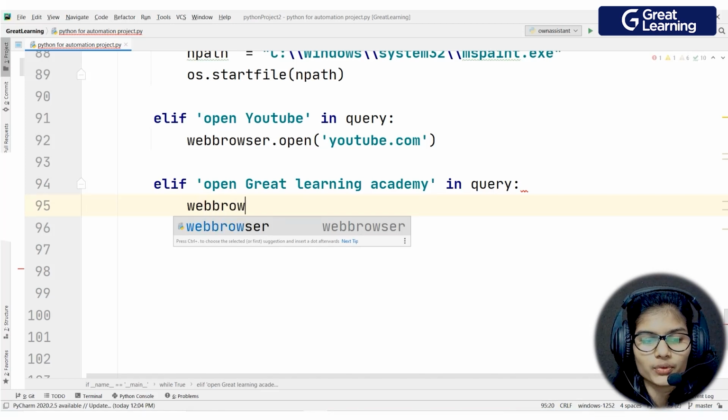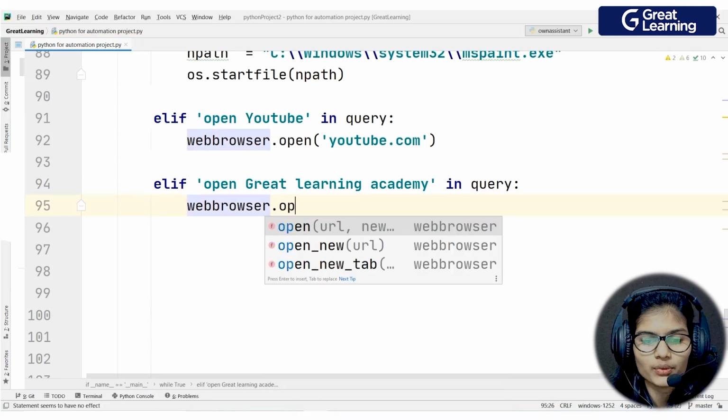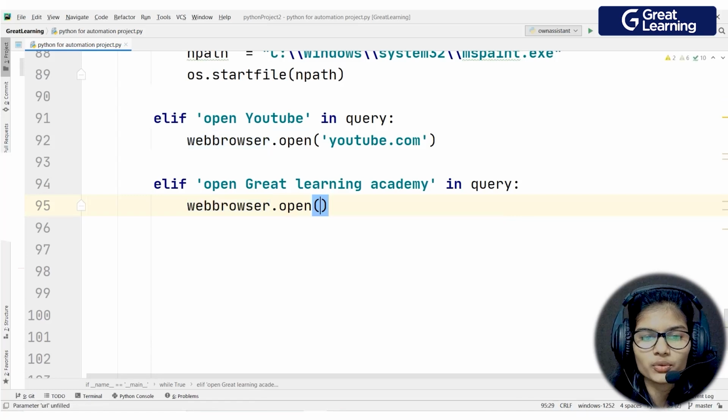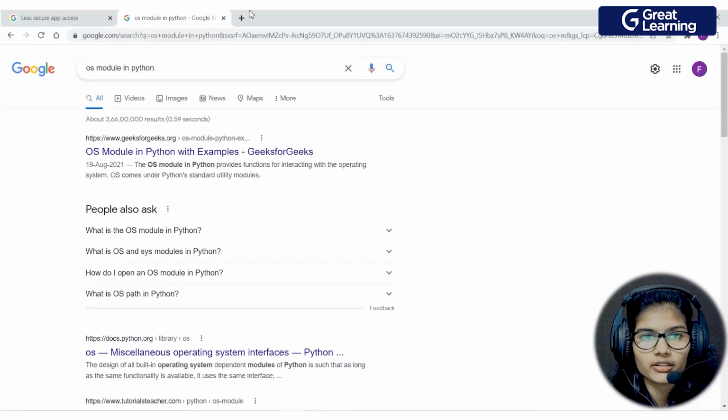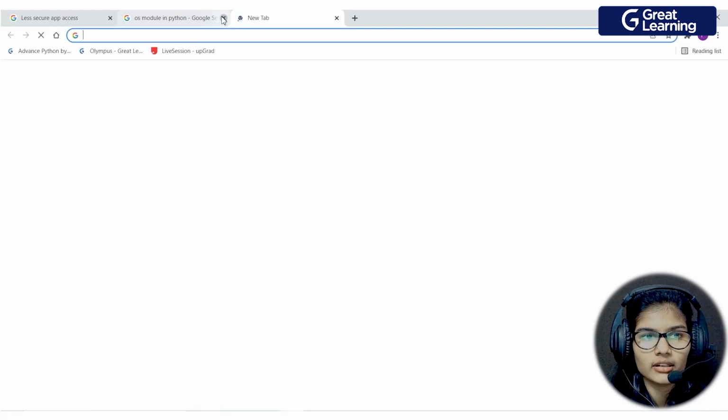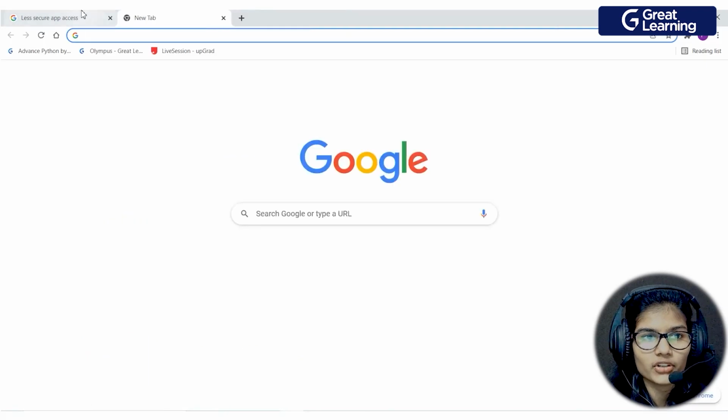Here goes web browser. Here goes web browser dot open. Now what you need to do is that, let me show you. Let me just open up Google here very quickly. So right here it goes, and now what I'm going to do here is that, first of all, okay,